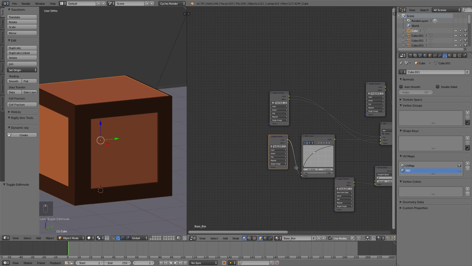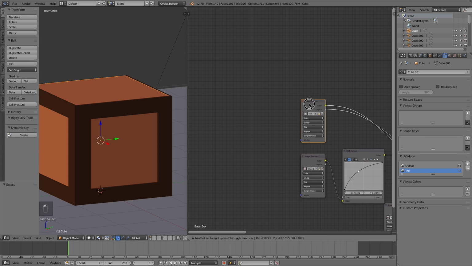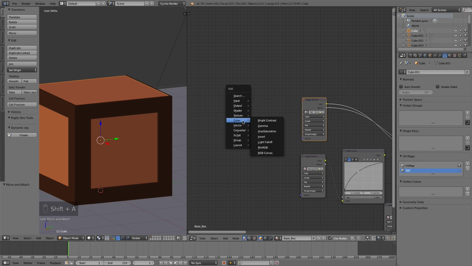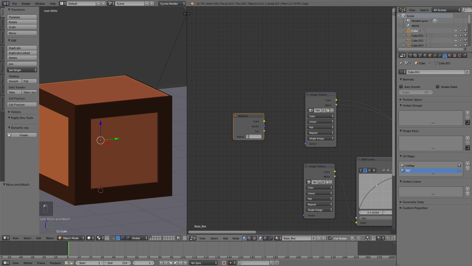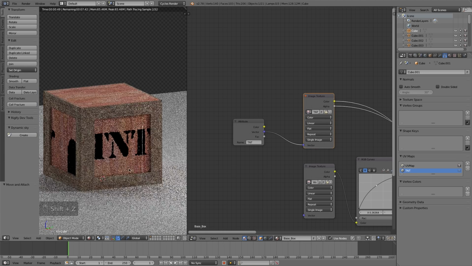So let's go back into the node editor, and where we have our TNT image texture, right before this, I'm going to press Shift A and add in an input attribute node. And I'm going to name this the name of that proper UV map, which is TNT. Now this is case sensitive, so it has to be exactly how it's put here. So don't make it anything complicated. You'll have to type that exactly how it is right here. So now that we put that vector information, plug that into the vector of the TNT decal, we should see,